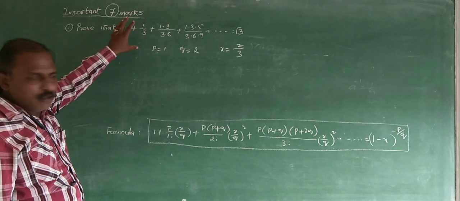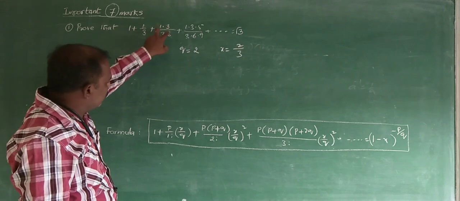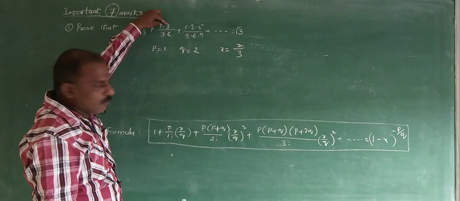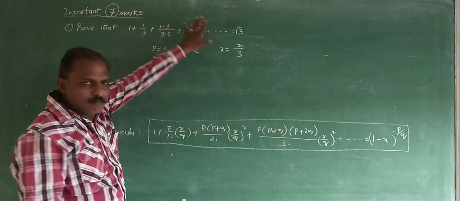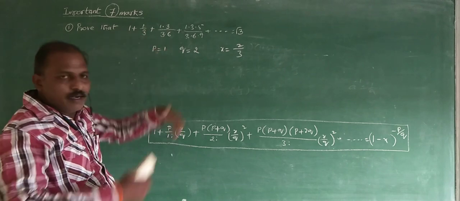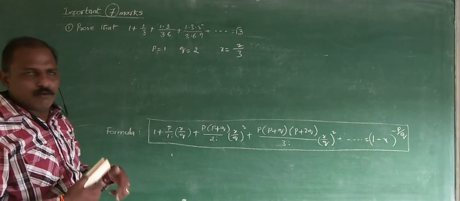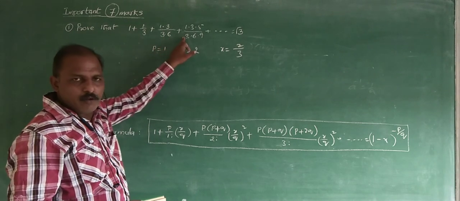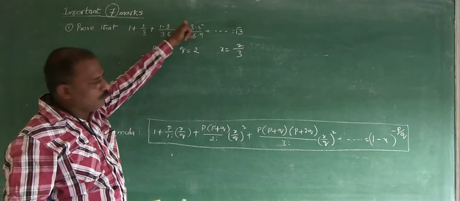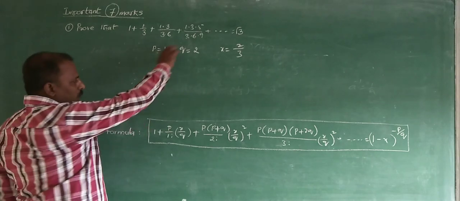We have to look at it in the rhythm: 1 by 3, 2 terms by 2 terms, 3 terms by 3 terms, and so on to infinity. So here 1 into 3, 1 into 3 into 5, the difference is the same, 2, and the denominator is multiples of 3: 3 into 1, 3 into 2, 3 into 3. If it is 4, it must be 4 into 1, 4 into 2, 4 into 3. If it is 2, it is 2 into 4, 2 into 4 into 6, like that.